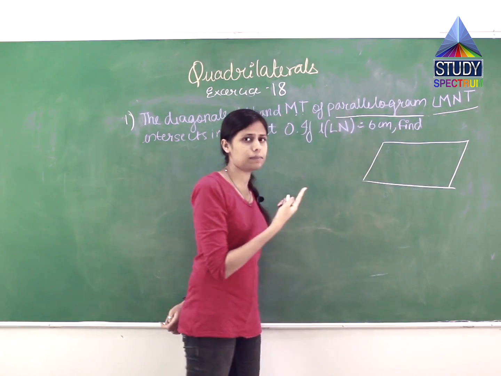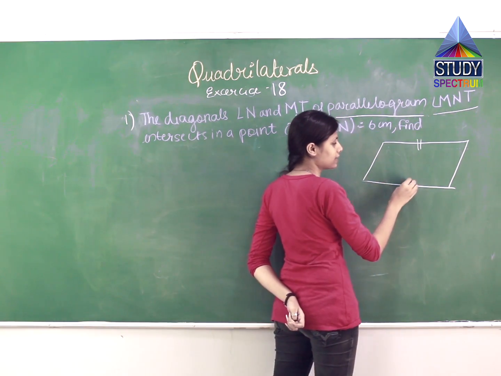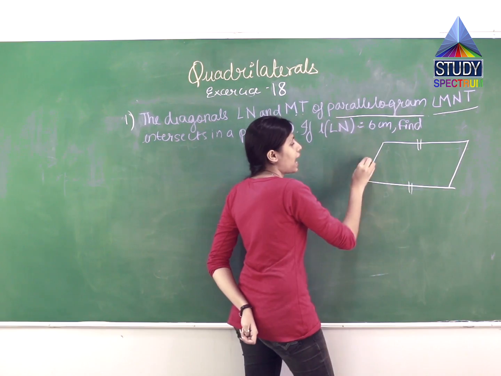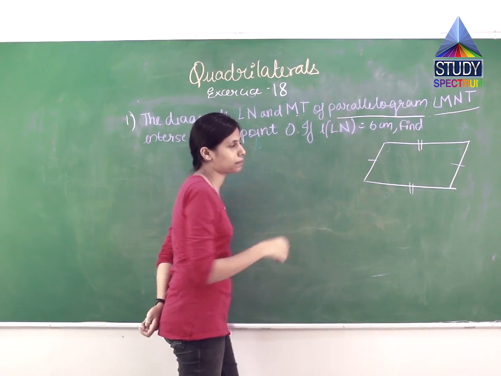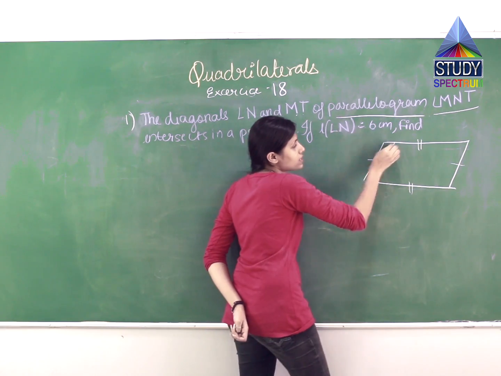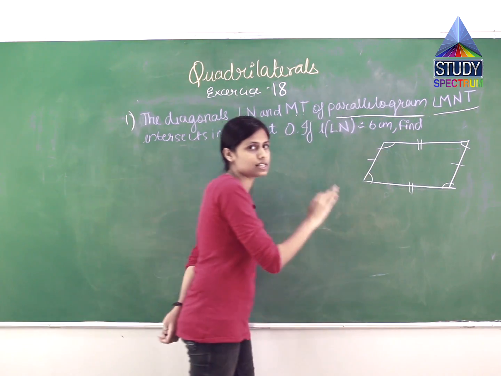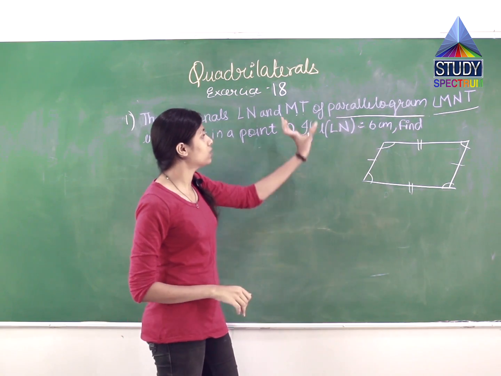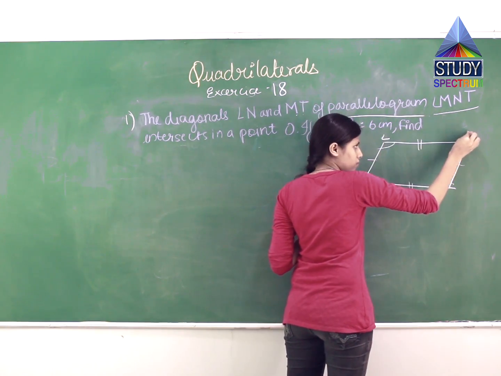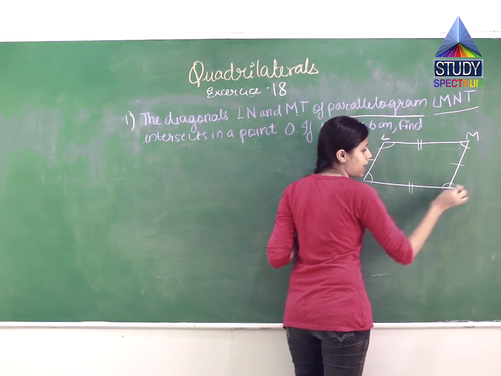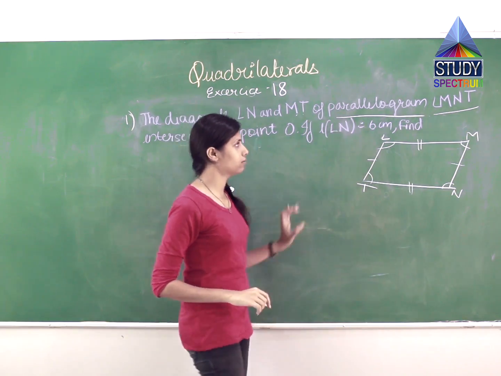Is this a parallelogram? Yes, because see, opposite sides are of equal length represented by two lines, and the opposite sides, meaning the breadths, are of one unit represented by one line, and the opposite angles of the parallelogram are equal. So these are the main features of the parallelogram. Now the name of the parallelogram is LMNT. So this is L, this is M, this is N and this is T. This is the figure we have drawn.